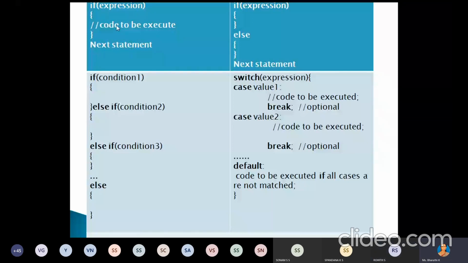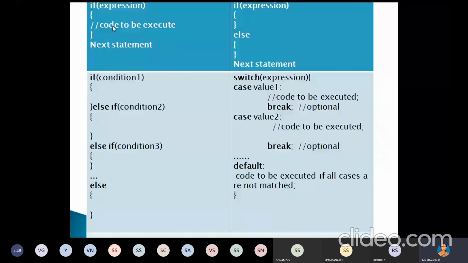Only if that expression is true will it execute the body of the if statement. Otherwise, it won't execute the body, and it will just execute the statement present after the closing curly bracket. Understood, right?